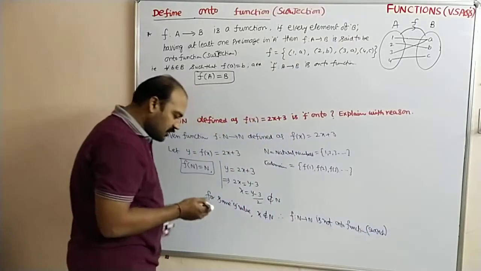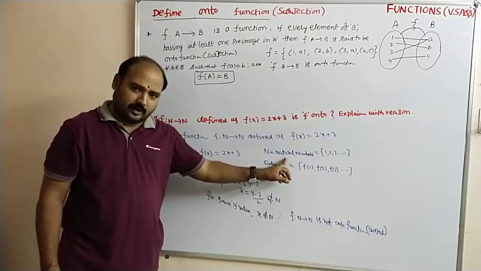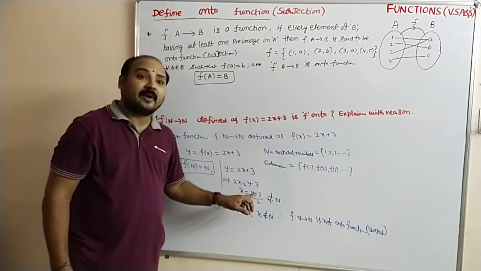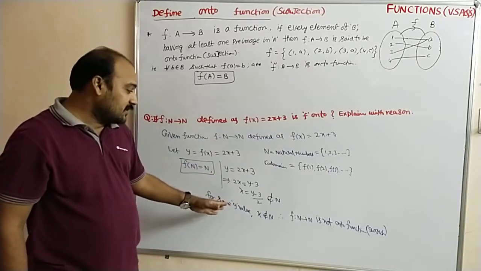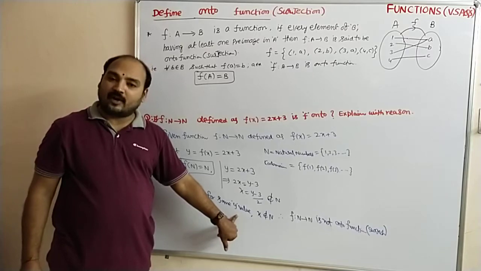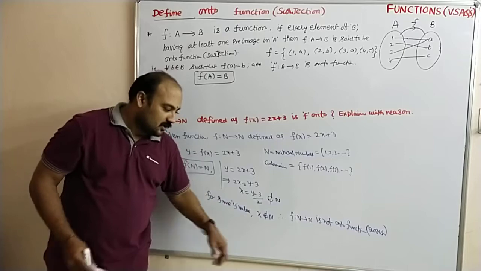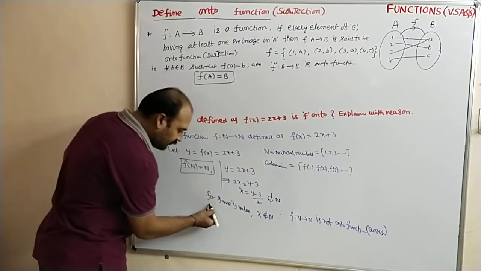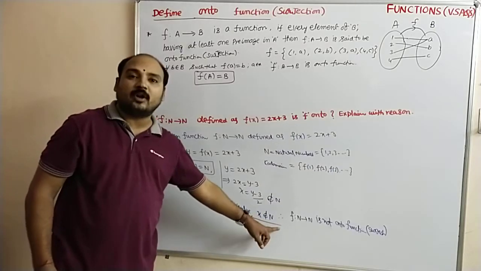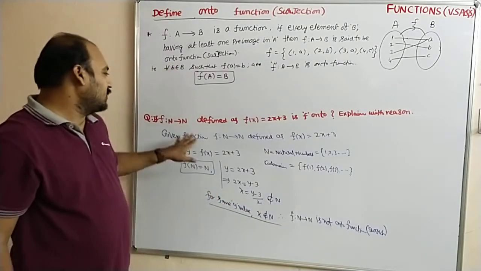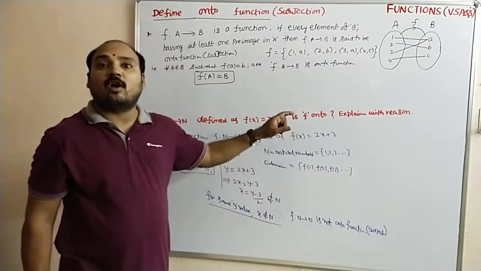Why? Suppose you take y equal to 1, which belongs to N only. Then x = (1 minus 3) by 2, which means minus 1. But x equal to minus 1 does not belong to N. So that is the reason: for some value of y, the value of x does not belong to N. This is the right explanation, the correct reason. For some y value, x does not belong to N, that is the reason the given function f from N to N, f of x equal to 2x plus 3, is not onto.